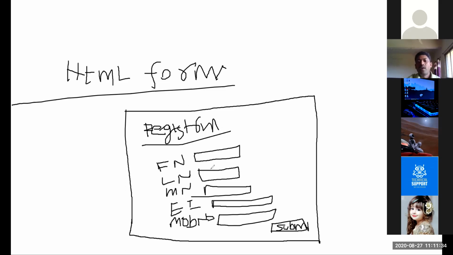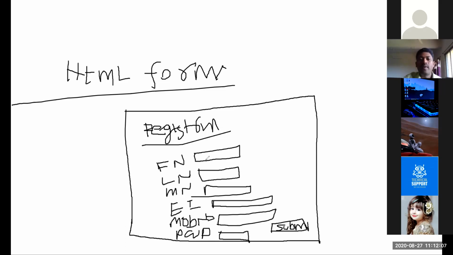For this form, we have to write the code and execute it. You will get this kind of form. For example, suppose you want to create a Google account. When you click create your account, what will it ask? It will ask your first name, last name, mobile number, new ID, password. Yes or no, these are the fields. So these are the fields.